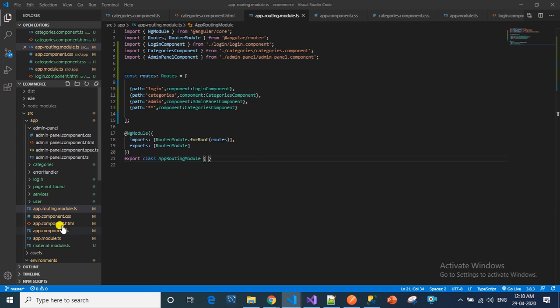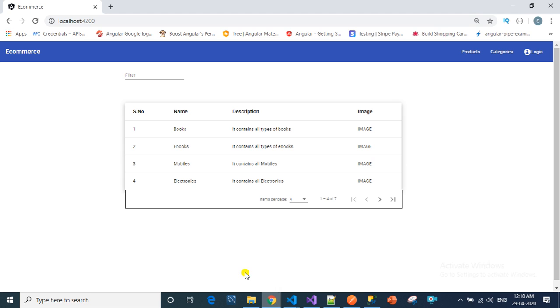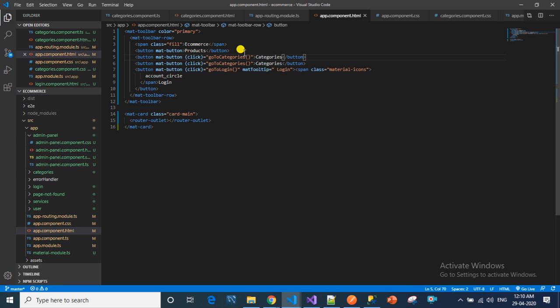Now we will move to app component.html, and here we will create a button called admin panel. I'm going to copy this and paste here.